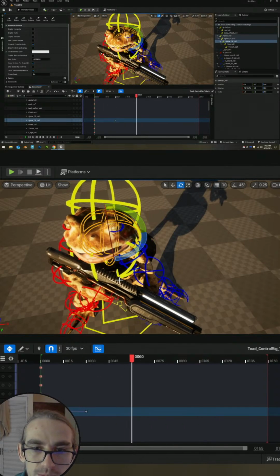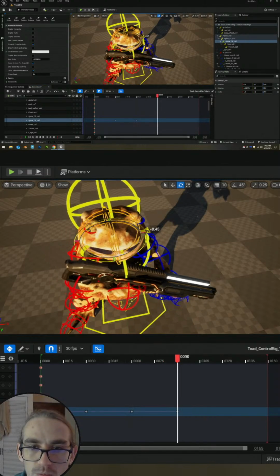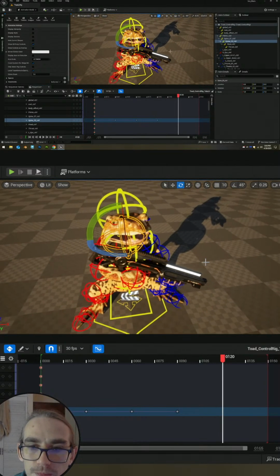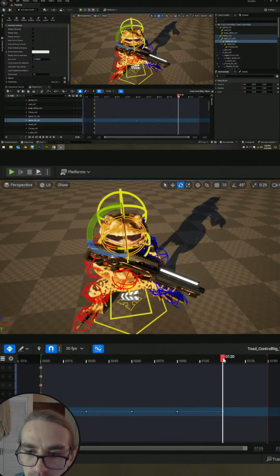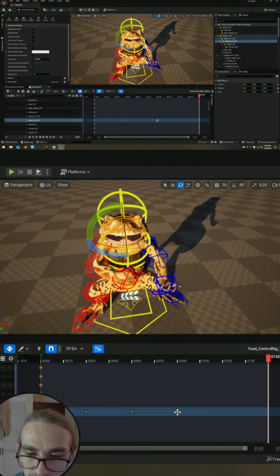Something like that. It's supposed to be some kind of guard, so